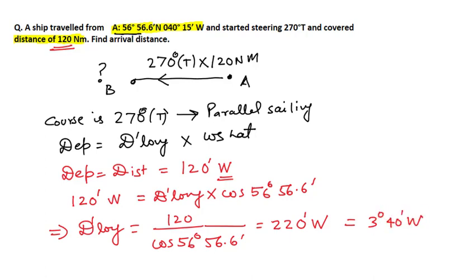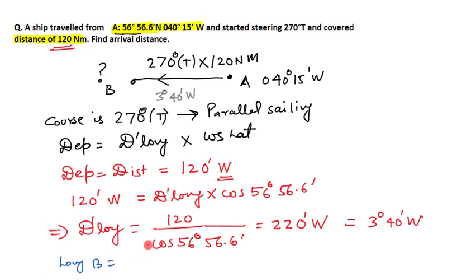Well, the value of A is already given, which is 040 degree, 15 minute west, and the value of D long is given. The value of D long is 3 degree and 40 minute west. We need to find the value of B. Well, this is west, and then you are going further west. The longitude of B